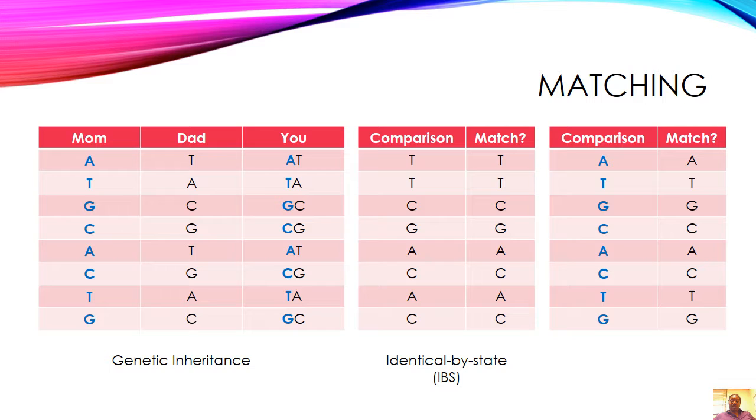So we see that this segment that's being compared has indeed been inherited from at least one parent. And so this provides evidence that you are related to this unknown person, assuming that unknown person also matches one of their parents at the same